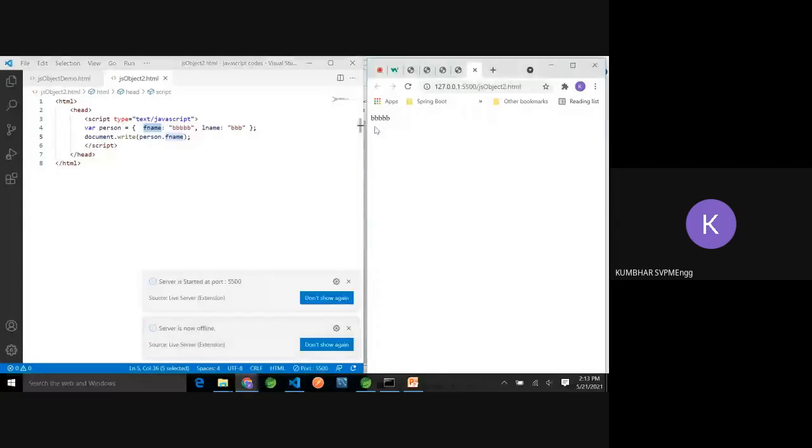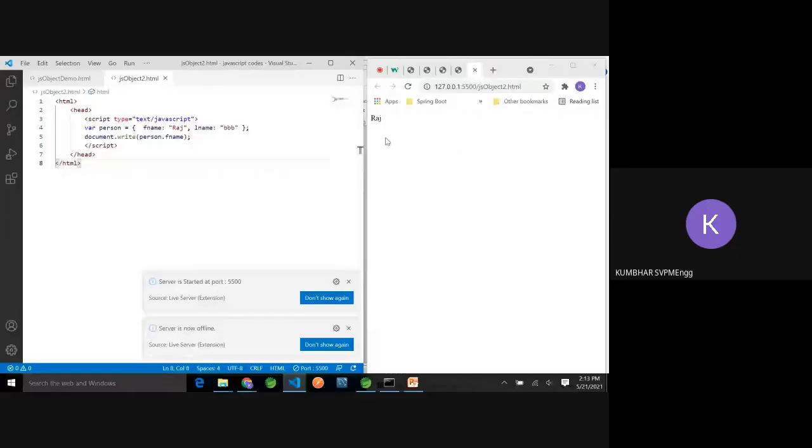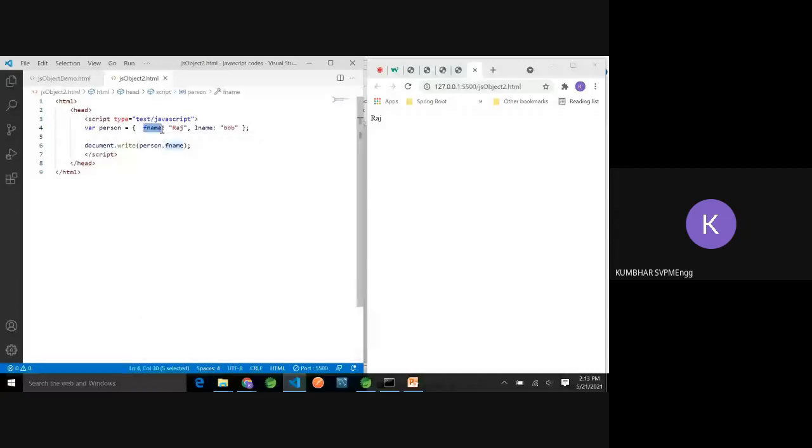Fine, you are getting the first name. Let's say it is Raj. Yes, so this is the way to define the object. As many attributes as you want, you can write, colon, and its value. Do you understand that it is as if a class is directly instantiated here? It is building one class which has attributes fname, mname, and when we define the object, it is creating an instance of that object with object reference person, and to that instance we are setting the values.